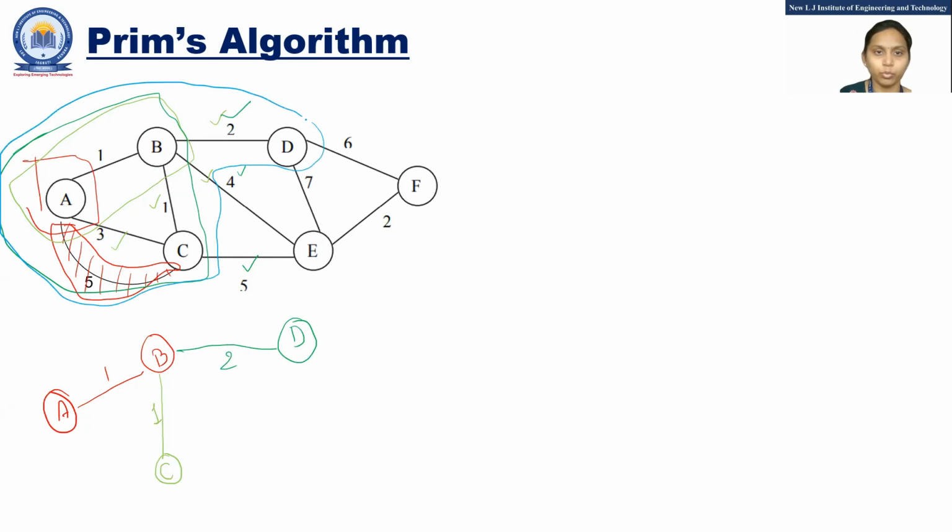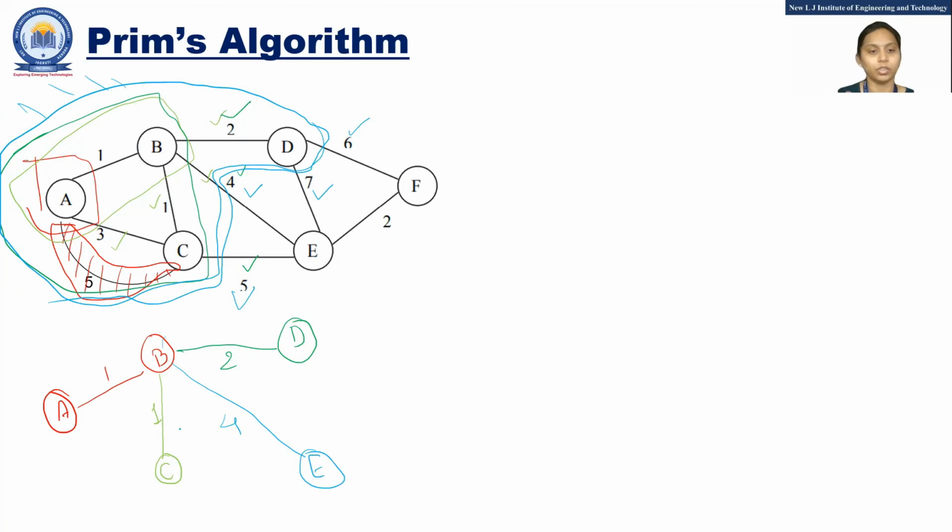This is a big blue box. Check how many edges are going outside of this dark blue box. You can see no line is going outside on this side, so you don't have to bother about it. Just check this side: 6, 7, 4, and 5, which is minimum? 4. So add the line 4.